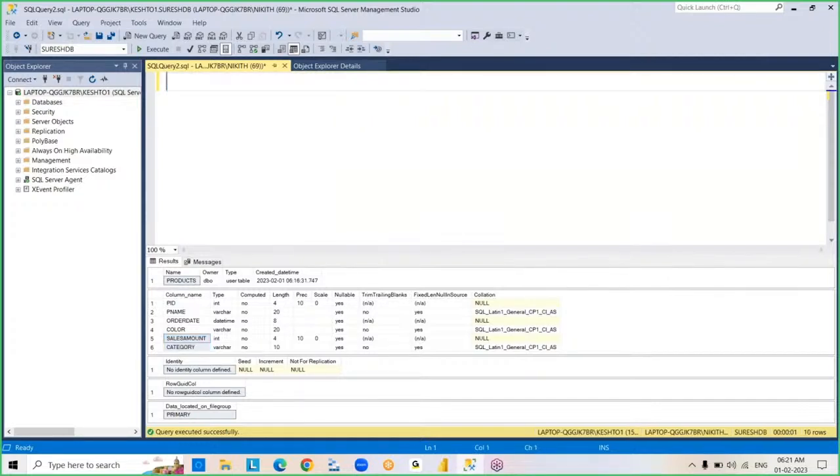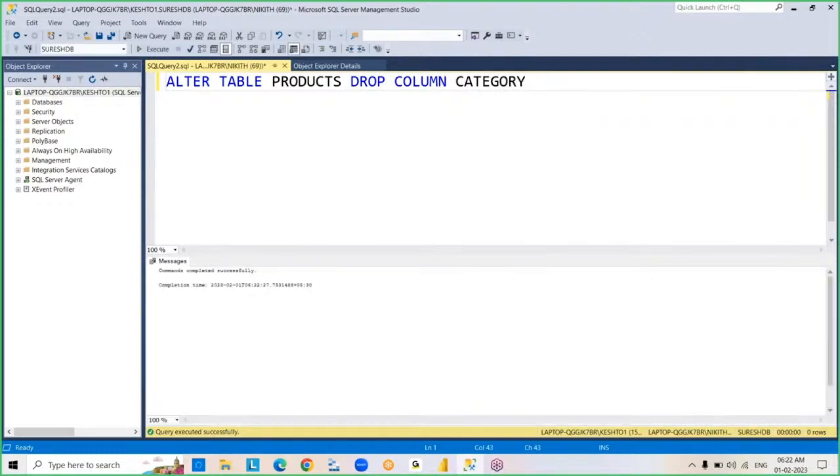In the same way, next scenario, I want to drop columns from the table. Suppose there is a category column. I want to delete only the category column from the table. Alter drop. See this: alter table products drop column category. Now what happens is that particular column, the category column, is dropped from the